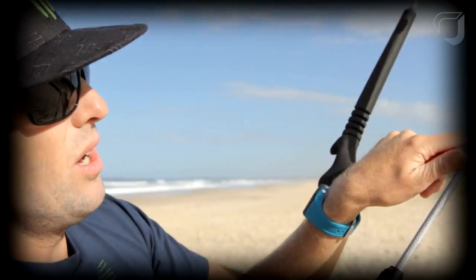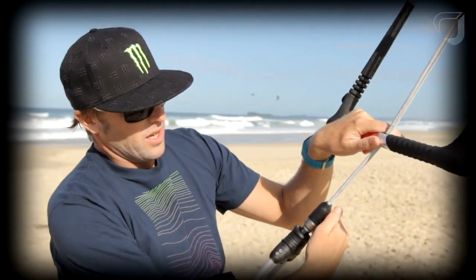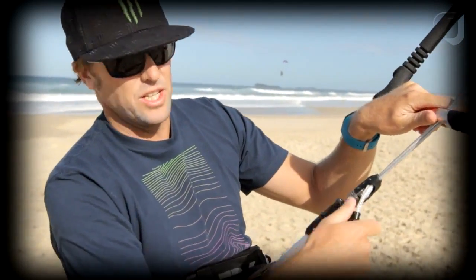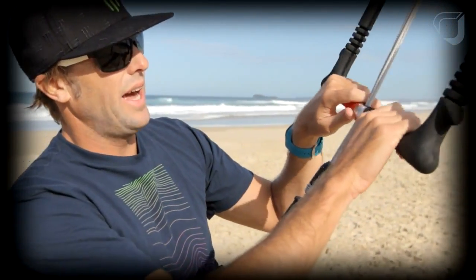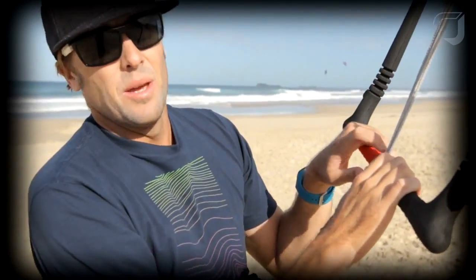Now, your other option, if you want to, is when you go to unhook, you use your D-power strap and you sheet in and then you unhook. But it's not simple at all, and at the end of the day, I believe when you are riding in the waves, you need to be flying your kite at its optimal position down here anyways,